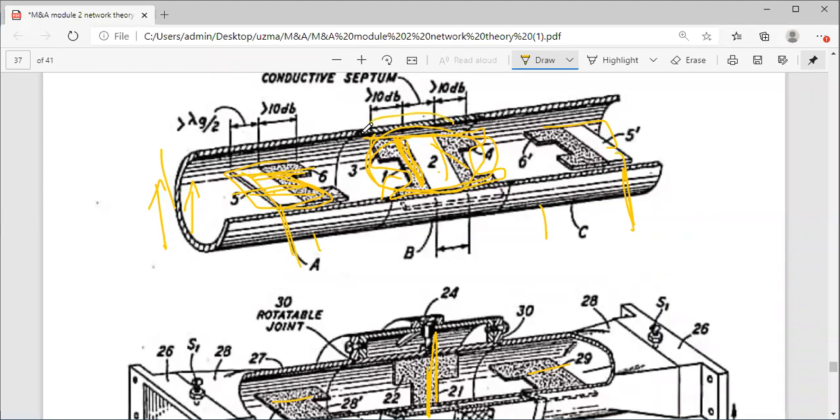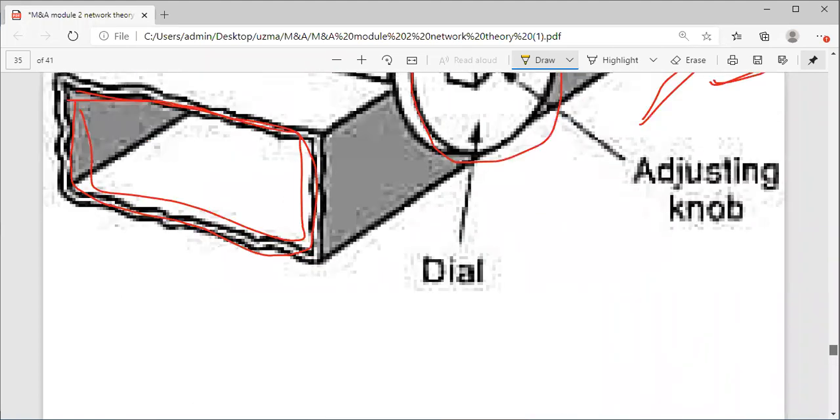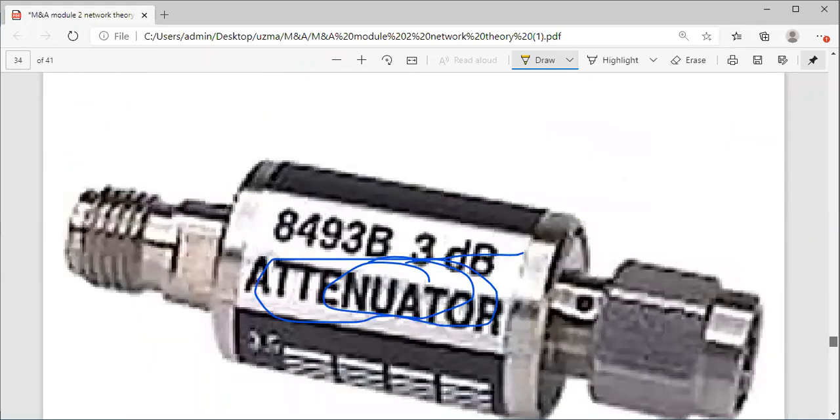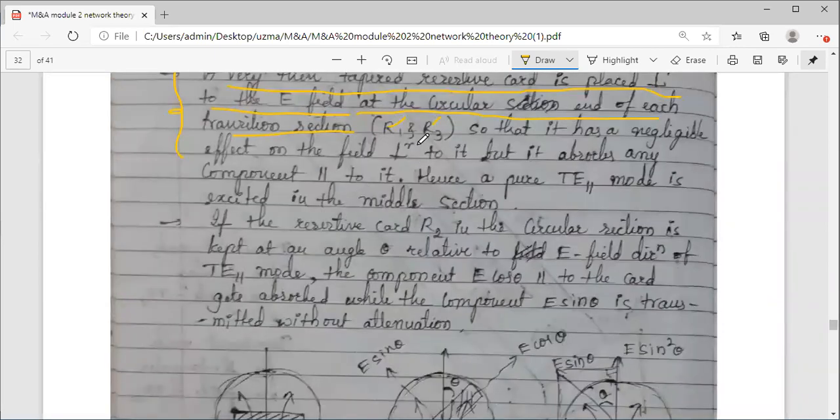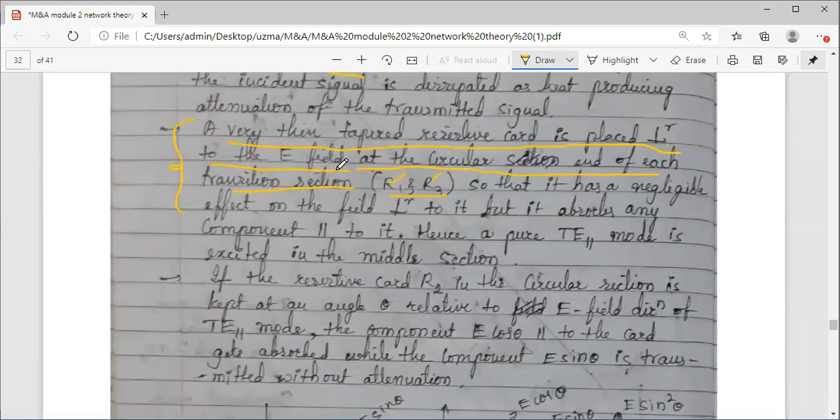Okay, the important working section for us is R2, but R1 and R3 we do require. The placing of these resistive cards R1 and R3 should be such that they are placed in the direction perpendicular to the electric field direction. The positions of R1 and R3 should be like that. Electric field के perpendicular direction में उसको आपको place करना पड़ेगा. R1 and R3 should be placed perpendicular to the E field,